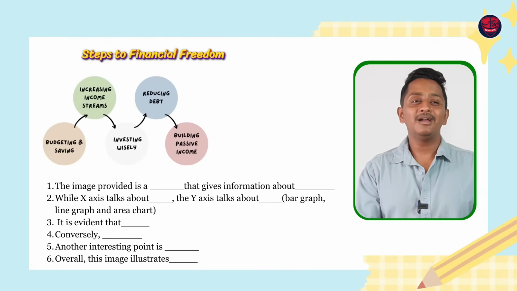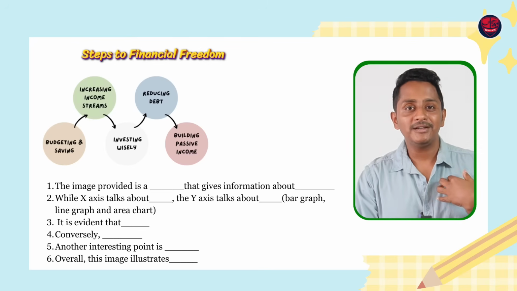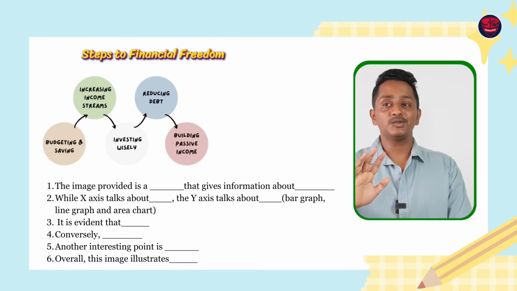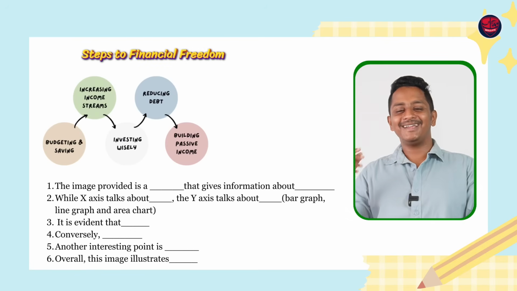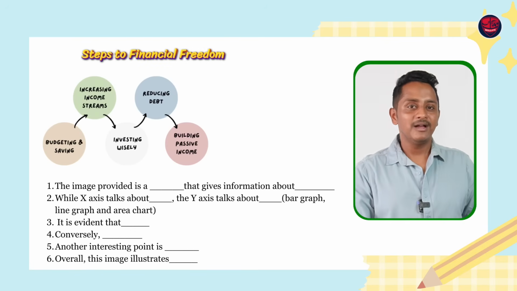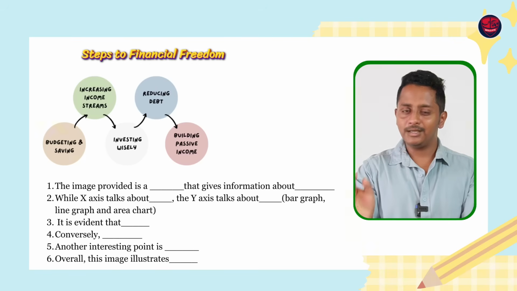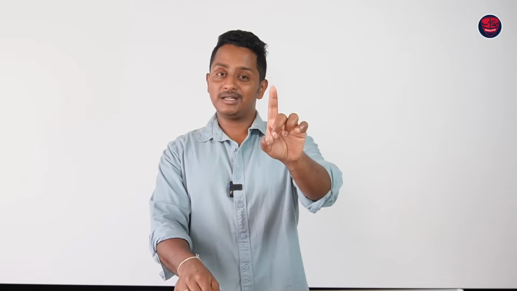See, whenever I'm speaking, I don't think too much about what you think. Because for me, what matters is the software should give me marks. So how the software thinks, I know. Hope you are getting it. The software will not say, hey, this guy is speaking something wrong. No, the software thinks this guy is speaking to the topic. As long as I look into the image and speak, I'm going to get the marks. You've got to be courageous and stop hesitating. That's one of the reasons why you end up getting such low scores in your speaking.